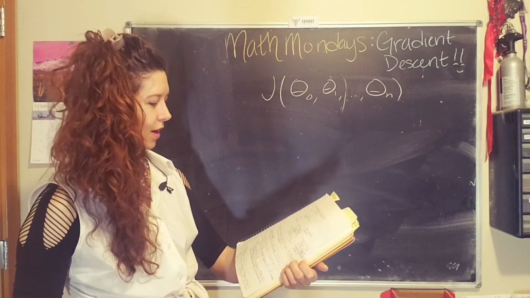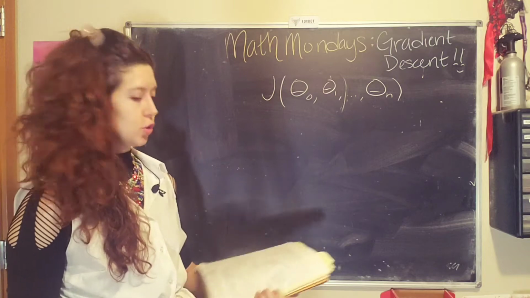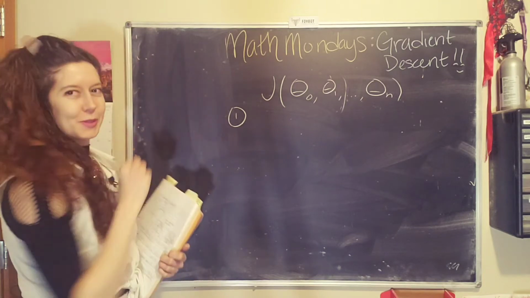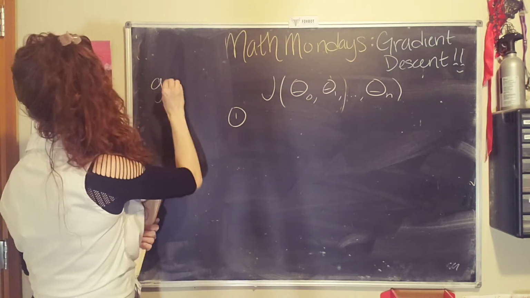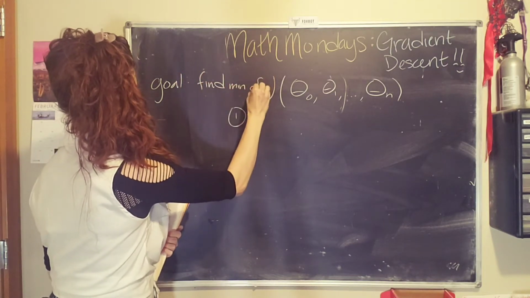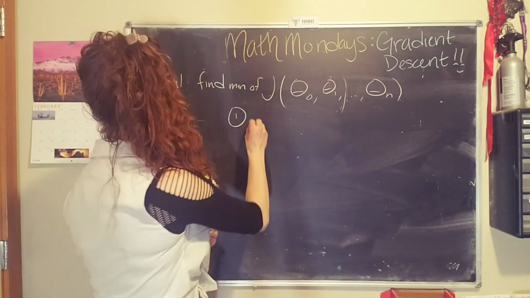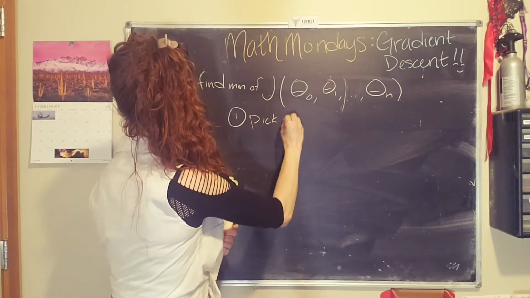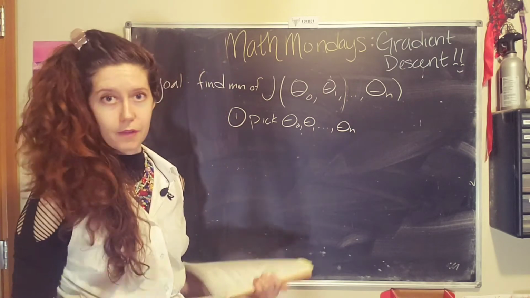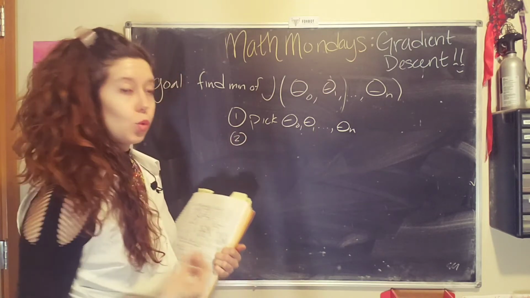So the general procedure for doing gradient descent is, well, I guess the goal. So let's write some stuff down. Goal: find the min of our cost function. So what we're going to do is pick theta naught, theta 1, and if we have multiple parameters, we just pick values for those. Often they're randomly initialized. Then we are going to look